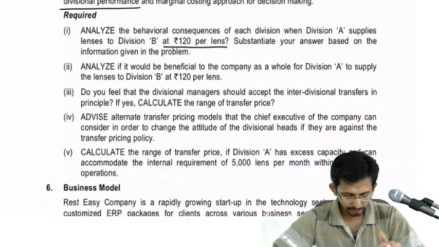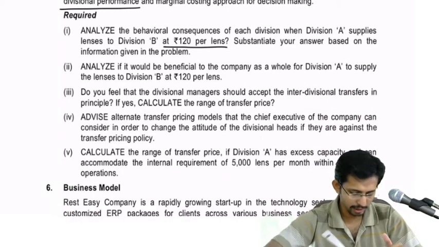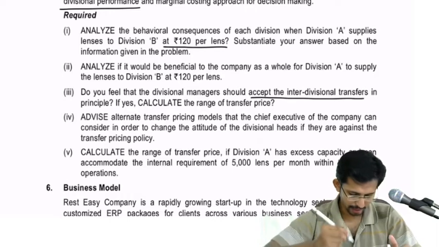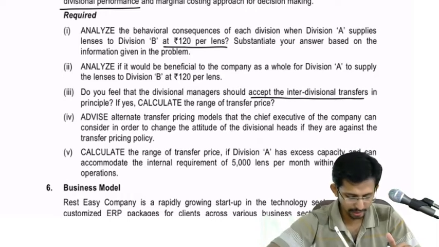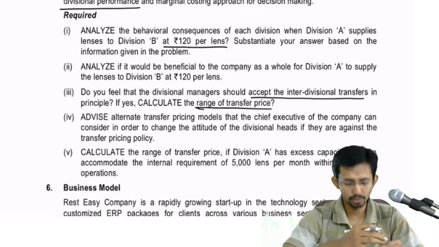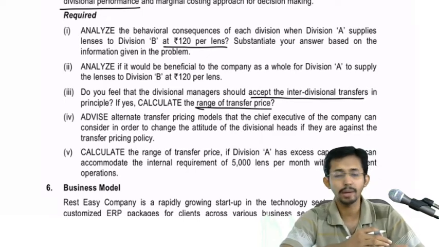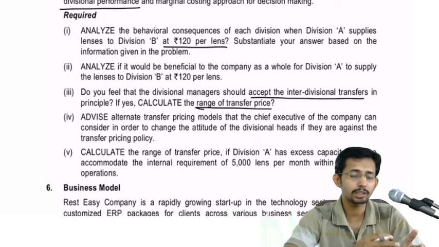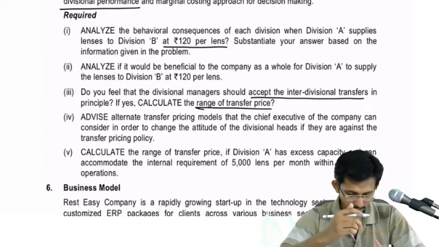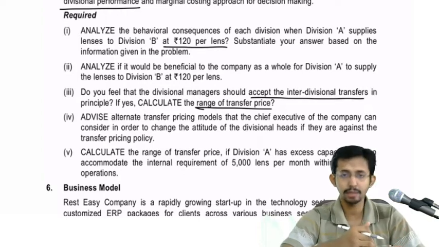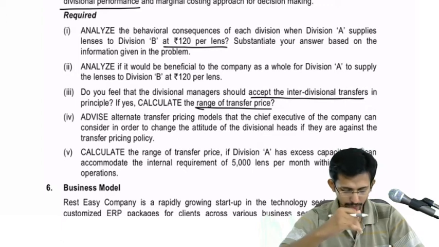Now 3, do you feel that the divisional managers would accept the interdivisional transfers? In principle, if yes, calculate the range of the transfer price. Here you are required to compute the range of TP. You have learned the formulas for maximum TP and minimum TP. We have to use that for question part number 3,